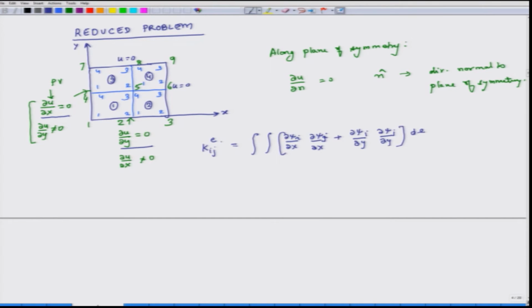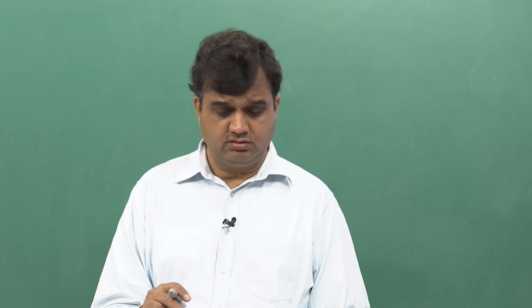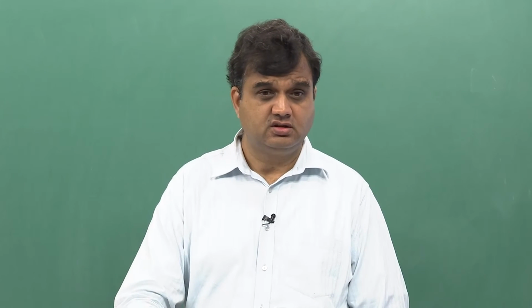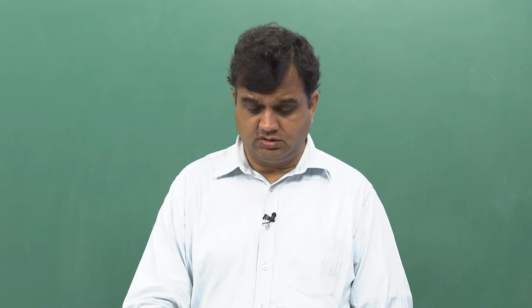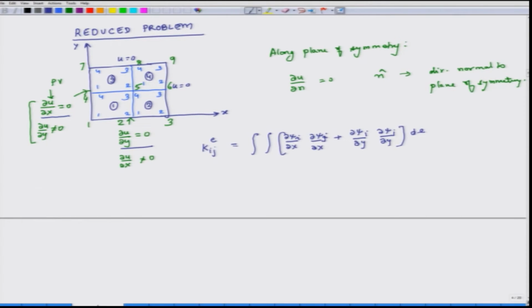So what is the size of each element? Overall size was 2 by 2. Now the size of the overall domain is 1 by 1. So each element is half by half. So if I am doing this in the local coordinate system, I will integrate it between 0 to 0.5, 0 to 0.5. Agreed? Okay. So, this is dx bar dy bar, and because I am using local coordinate systems, I say x bar and y bar.